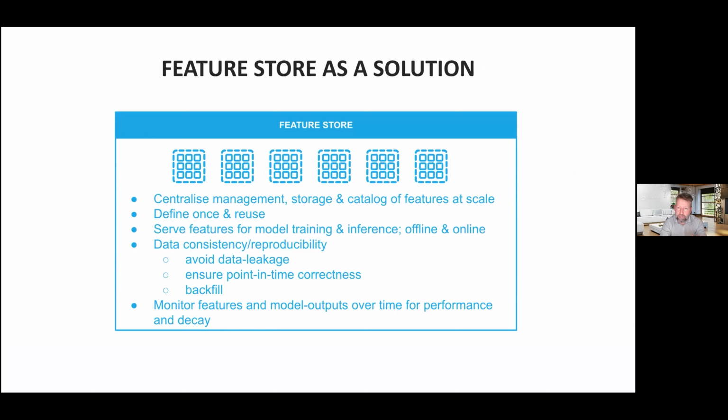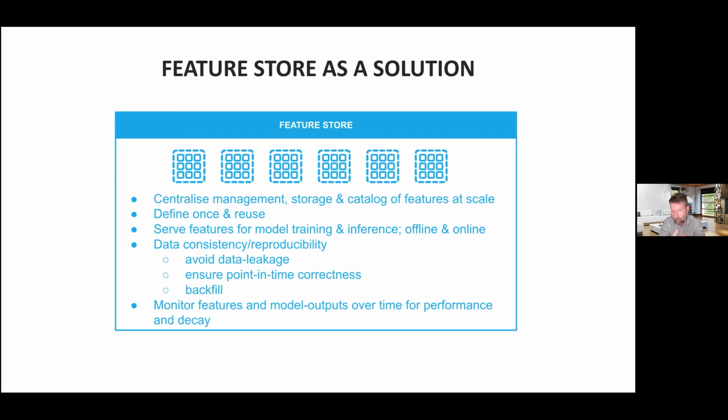So what is the feature store trying to solve, I guess, what are the challenges it's trying to address? And I guess this audience will be very familiar with a number of these challenges and looking for technologies to solve these problems. So, really within a feature store, we're trying to centralize the management of features, store them as efficiently as we possibly can and catalog them and make them generally available to not just ourselves, the individual, but also to a much wider team. And that might be not just data scientists as well.